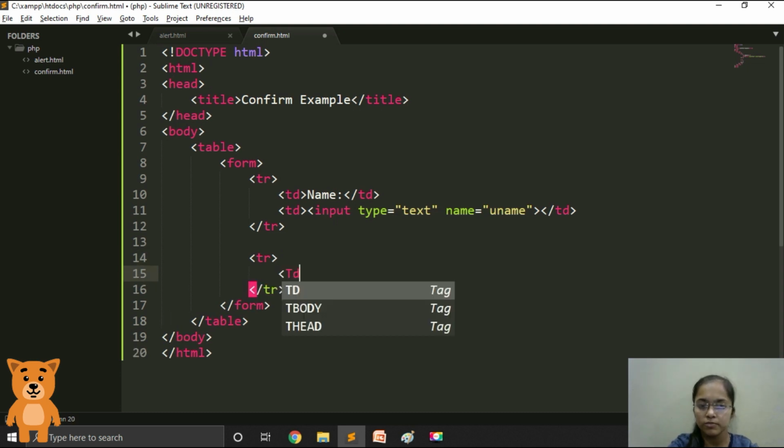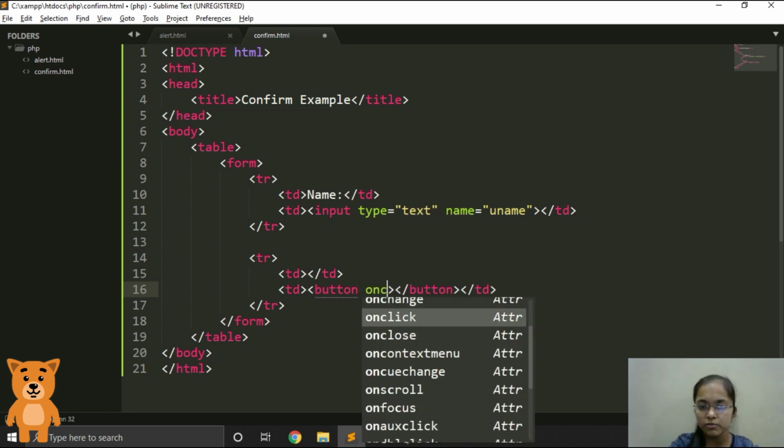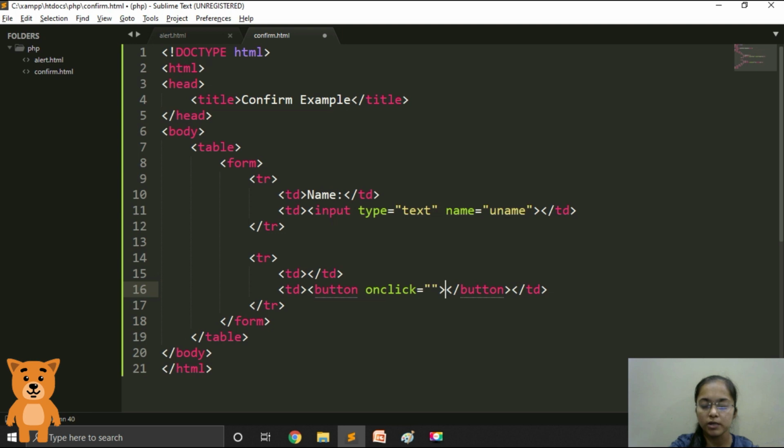Then we need a submit button over here. And when the button is clicked, the function is called. So for that the onclick attribute of the button will be used over here. And let's give the text that will be displayed on the button. We will give it as submit.